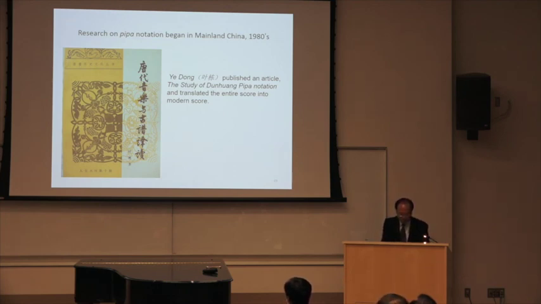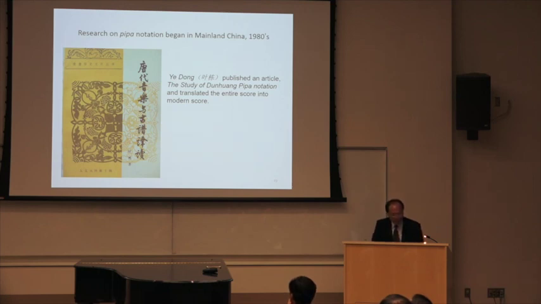Ye Dong objected to Hayashi Kenzo's explanation that the Dunhuang notation has no rhythm or beats. Ye Dong holds that the dots and the blocks on the right side of the Dunhuang notations are rhythmic notations. Ye Dong interpreted the block symbol as a mark of the emphasized beat or the beginning of the measure. Based on this interpretation of the rhythmic notations, he translated 25 pieces of the Dunhuang pipa music.